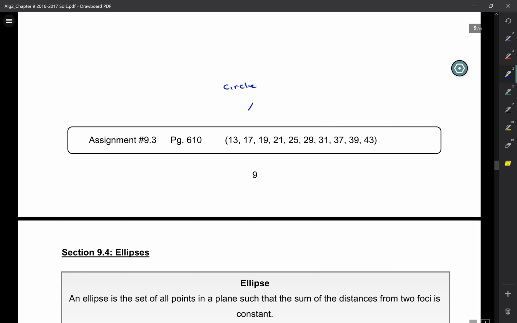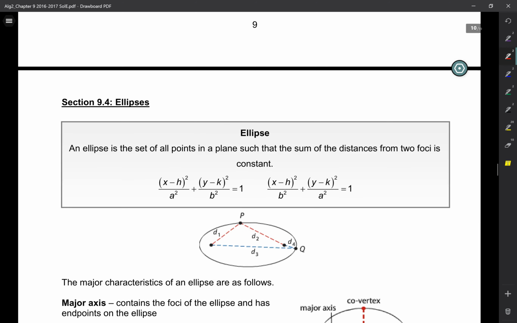Not only are they squared, so you have an x squared, you have a y squared, there is a plus in the middle, and what do we know about the coefficients of x squared and y squared? They have to be the same, okay? So they have to have equal coefficients. Now, that's a circle. A parabola only has one variable squared. The ellipse